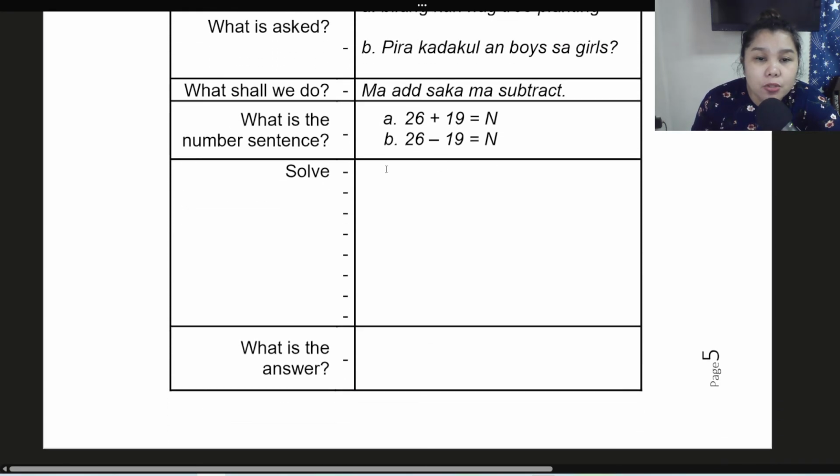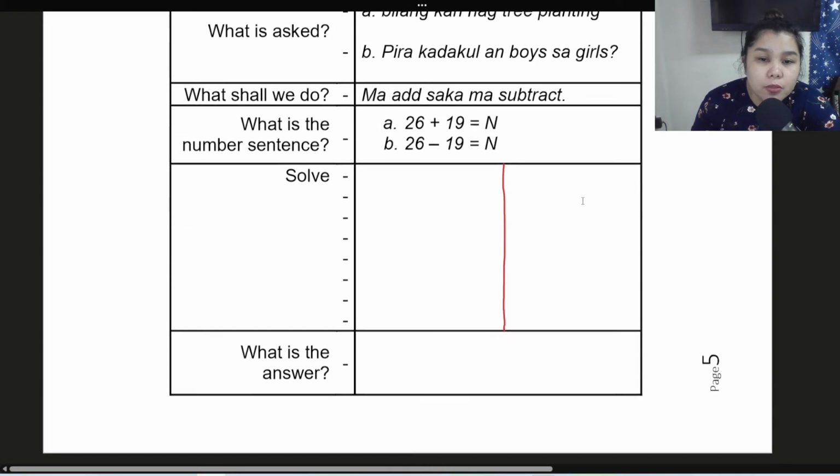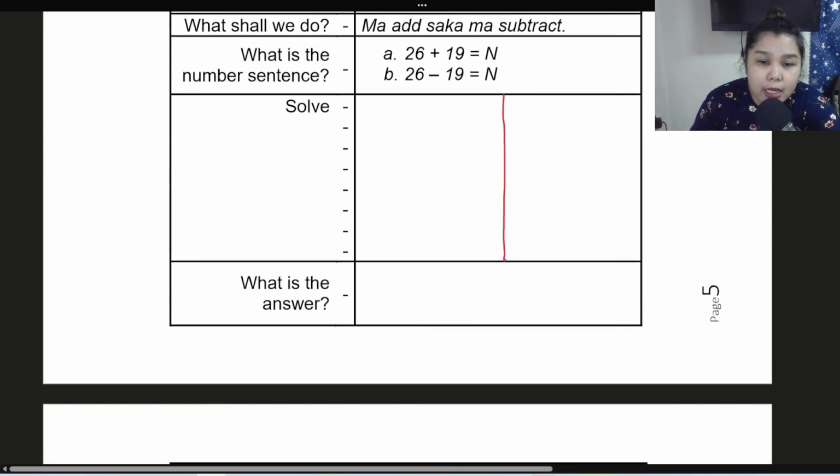You need to show your solution, so it's better to divide it: one part for question A, and the next part for question B. You need to give the solution and also the answer. Divide it here because you need to give two answers. Pause